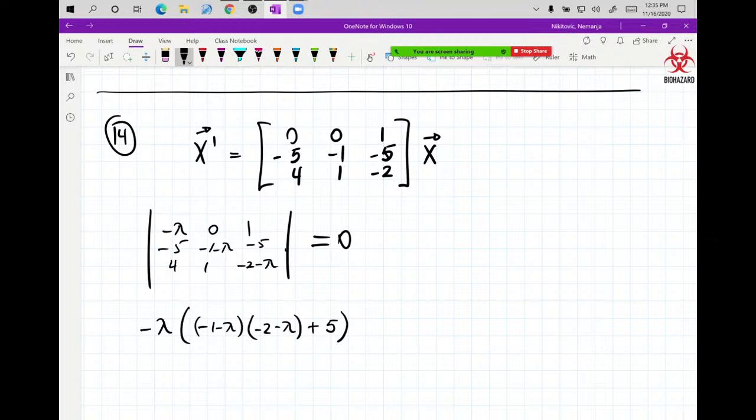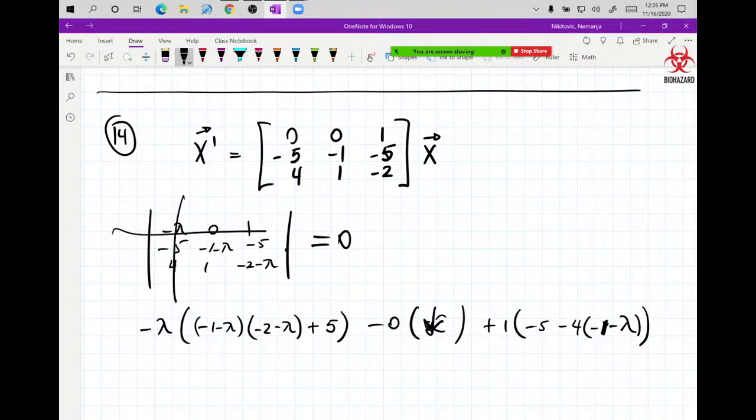And then we have -0 times, we don't really care. And then you have plus 1 times -5 minus 4 times -1 minus lambda. So one more time. When I do the lambda, then I have the diagonal plus 5. That's good. For the second one,